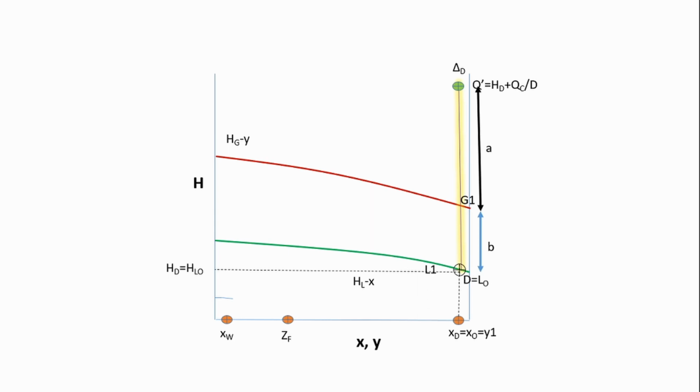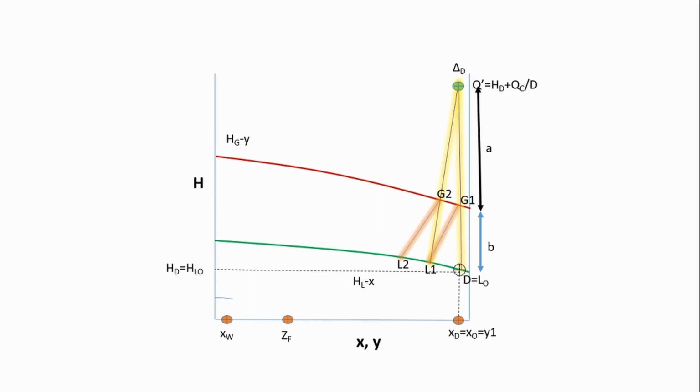Then this G1 point is obtained. G1 is a saturated liquid, so it has got the same composition as XT and X0. So G1 and L1, they are in equilibrium, so draw a tie line. So from L1 you draw a line to delta D. The intersection of this operating line to HG line will give you the G2 point. Okay, this is the operating line. Then L2 is obtained from equilibrium data.